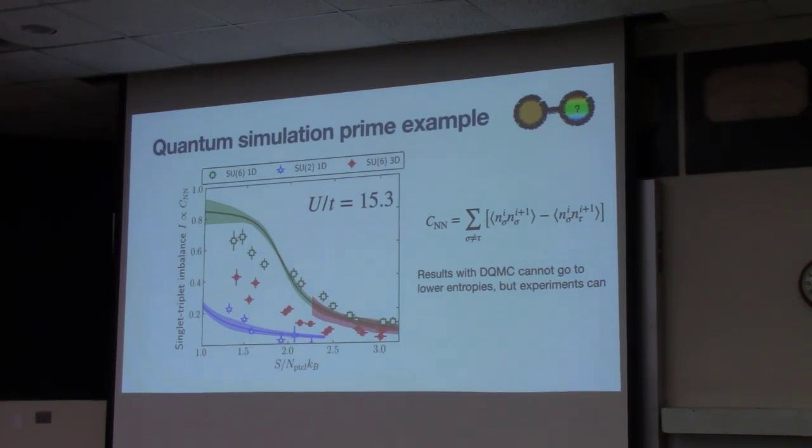Is this the one that you use to figure out that the nearest neighbors are not aligned? Yeah, so what this is measuring, there are essentially two terms. Forget about the sum for a second. What this is saying is, on site i and i plus 1, the neighboring site, what is the expectation value of having the same spin?